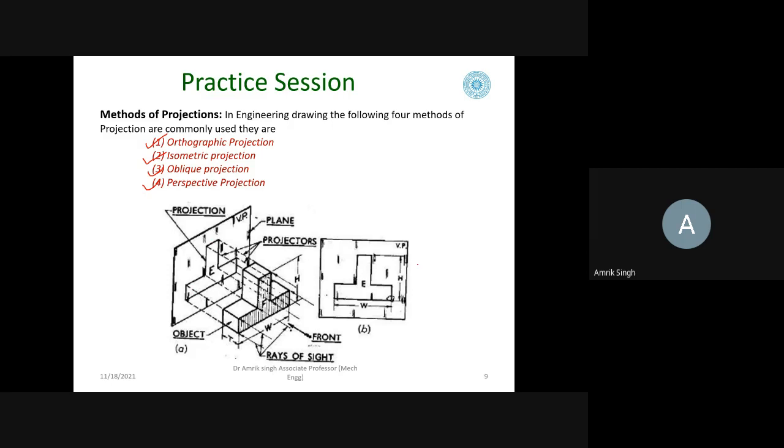This is the height and this is the width. The image is formed at an angle of 90 degrees, so it is known as the orthographic projection. I think this is clear to you now.